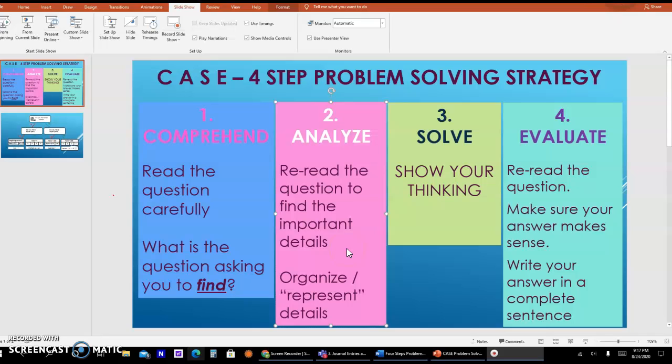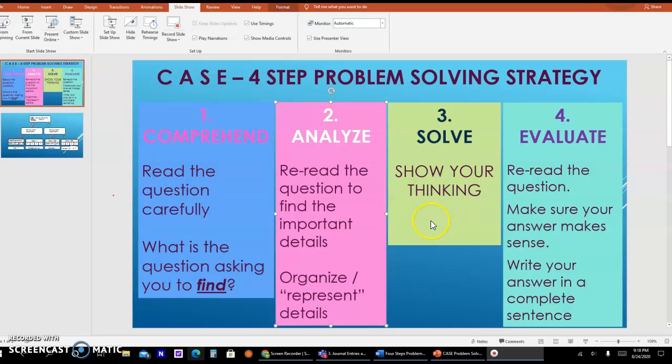In this step, you reread the question to find the important details, and then you organize or represent the details. I would like you to use a strip diagram, but I understand that you didn't use that extensively in the earlier years, so I'm going to explain it to you in the next slide. The third step is to solve